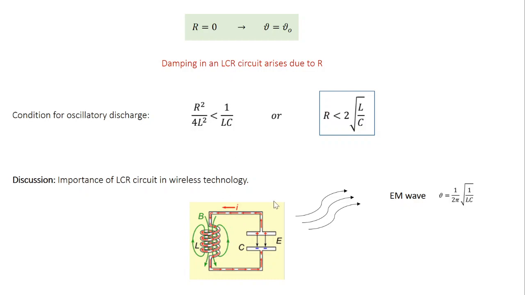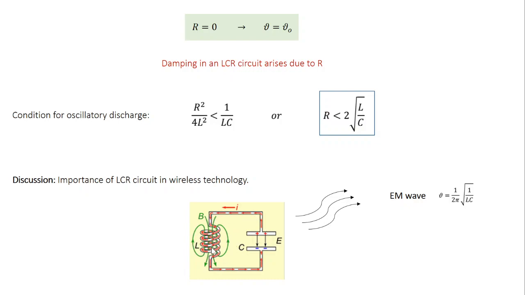Okay. So here what happens, instead of a DC supply, you connect it to an AC supply. Okay. So during the positive half cycle, the capacitor gets charged. During the negative half cycle, the capacitor gets discharged. That's what happens in an AC supply. Now when the capacitor gets charged, all the charges are now inside the capacitor. So because of this charge accumulation, there is an electric field inside the capacitor. So you can say the energy is now stored in the electric field of the capacitor. During the negative half cycle, the capacitor discharges, so there is a current in the circuit.